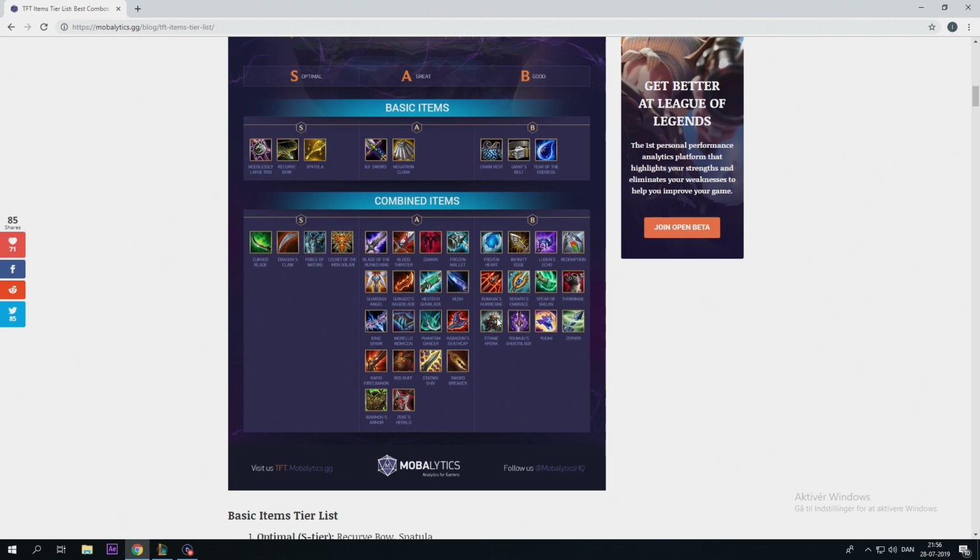Thornmail, tanky. Titan's Hydra, tanky, deals 10% of your health. Definitely put that on a Brawler. Ghostblade, Yumi. This doesn't really matter. This item is just pure bad. It doesn't matter at all. And don't get this item at all if